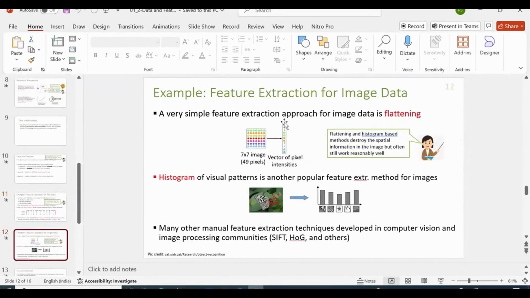So likewise, you can represent this vector as a point in 49 dimensional space, right? So for example, in 2D we can represent 2D data as a point, right? In 3D we can represent three-dimensional data as a point, right? In 1D we can represent one-dimensional data as a point, right? So likewise, we can represent this 49 dimensional vector as a point in 49